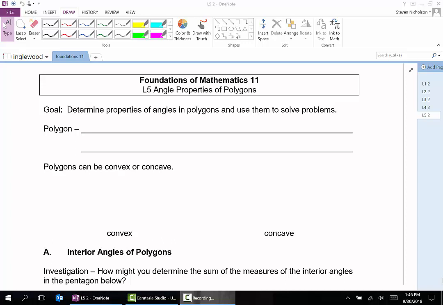Last lesson of the unit, angle properties of polygons. So we're moving a little bit away from triangles, just a little bit, but all the stuff we've learned is gonna help us out. So first of all,